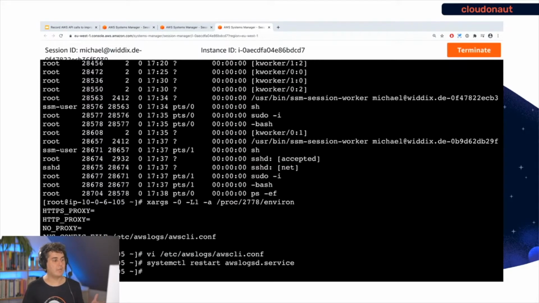Okay, so now the logs should also appear, like all the API calls from the log should appear here. But what if things look a little bit different? Let me look into another process. So this time we'll look into